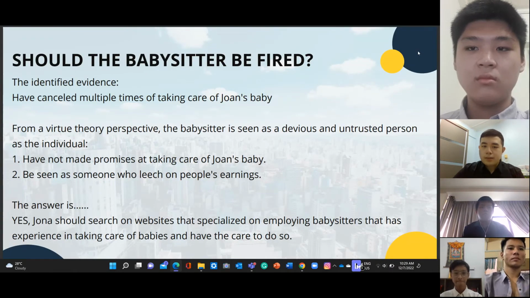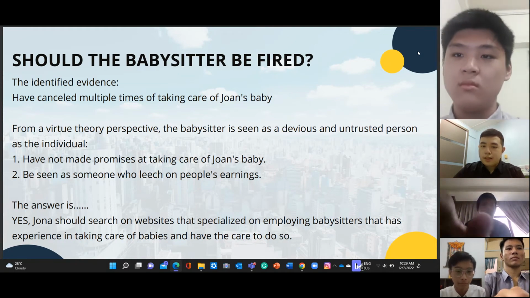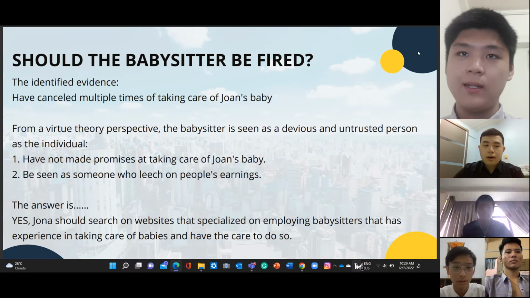Now on to the case about the babysitter. Although the evidence is vague at best, this may imply that the babysitter had taken numerous leaves from looking after Joanne's baby. Fortunately, we can examine the case much further with the theory of virtues. Through analysis, there are suggestions that this individual could be a devious and untrustworthy person, with further evidence of not keeping promises of taking the baby and having a significant number of leaves that caused Joanne to exceed her absence,